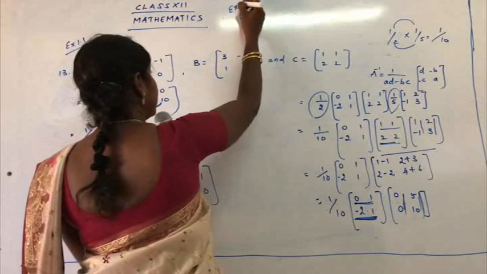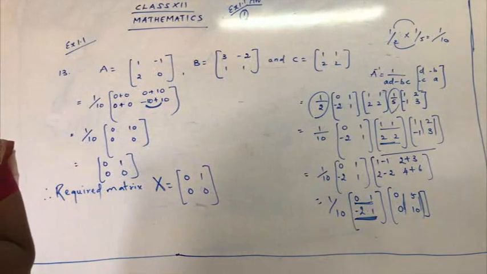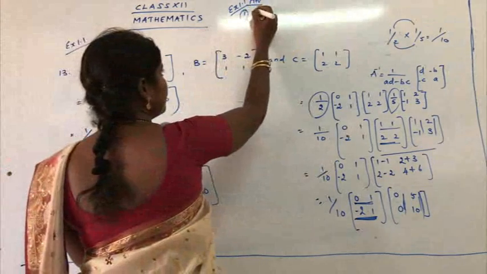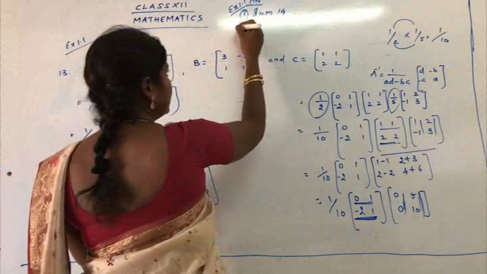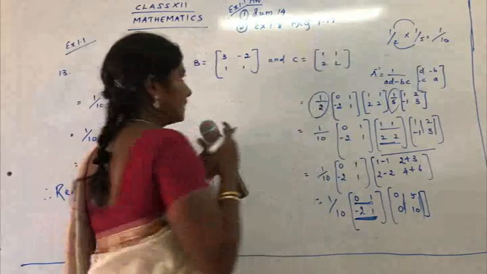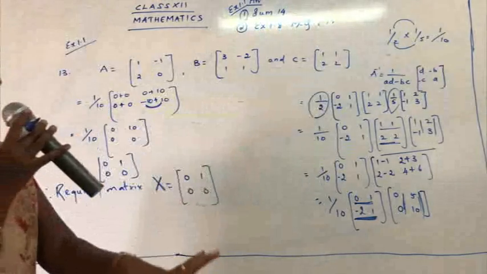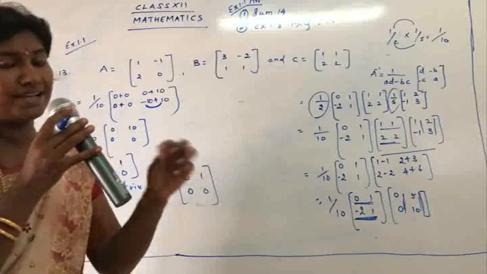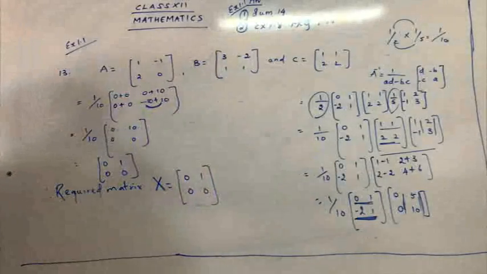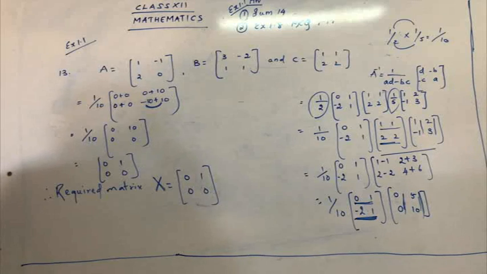From exercise 1.1, sum number 14 will be your homework. And the second thing is exercise 1.8, multiple choice questions 1 to 17. I already told you how to do 1.8. Write the question and the answer directly. No need to write all the options and no need to tick anything over there. So these two are your homework. Just take it down.